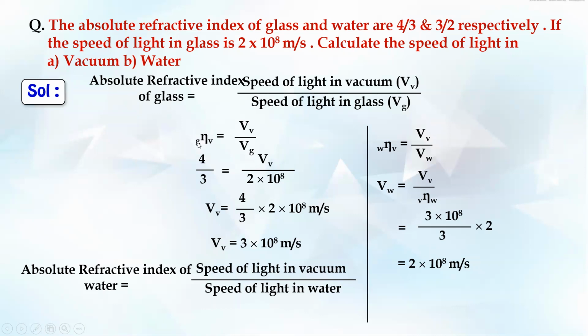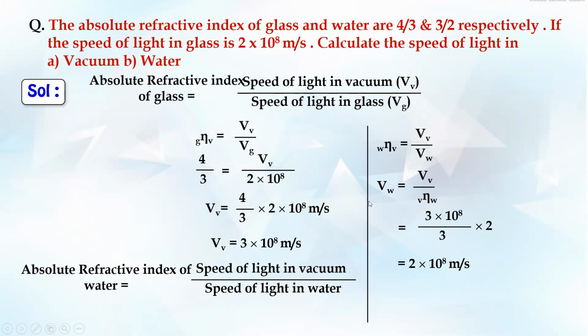So glass, its value is known, 4/3. Friends, on just cross multiplying the things or taking out on the other side, we'll get value of VV as 4/3, 10 2 10 to 8. 4 2 is 8, 8/3. It comes out very close to 2 point something 9, 2 point very close. So hence it is approximated to 3 over here actually, I guess. So you can even take the actual value over here, it doesn't matter, right?